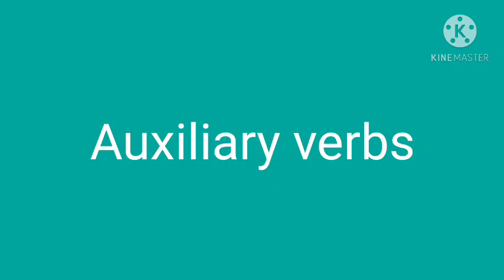Auxiliaries are also of two kinds, primary auxiliaries and modal auxiliaries. Primary auxiliaries are be, have, do. For example, the boys are playing cricket. I am writing a book. They were eating breakfast. I have written 2 books. He did not come in time. In these sentences, the auxiliaries be, have, and do help only to express statements of fact. These auxiliaries and their various forms are called primary auxiliaries.